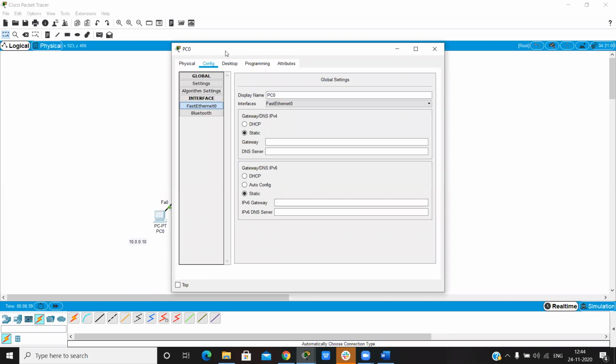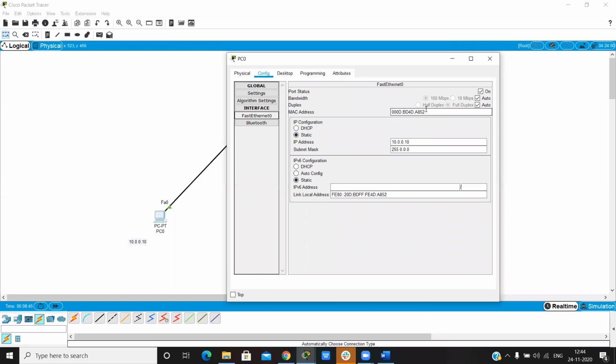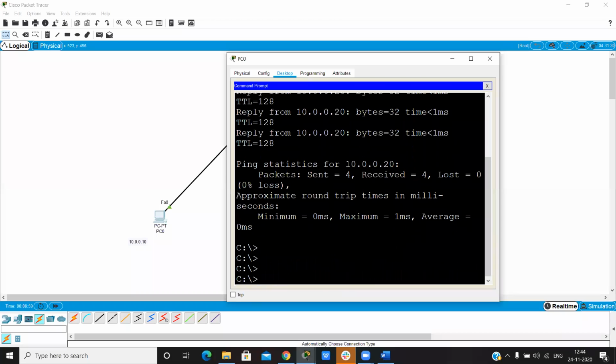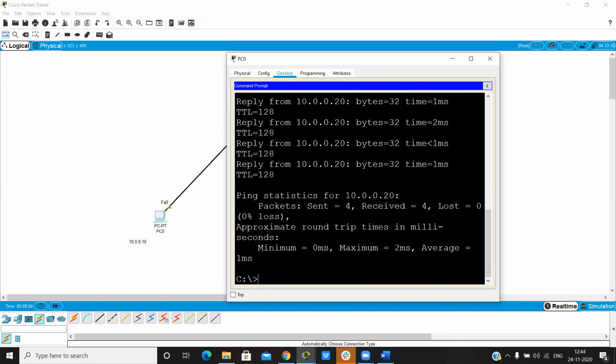If anyone changes the MAC address, in a real-time scenario changes the PC, in place of 5.2 I can write 5.3, and now I can ping. Then also the ping is successful. There is no type of security.